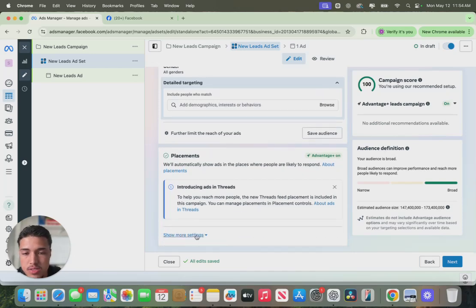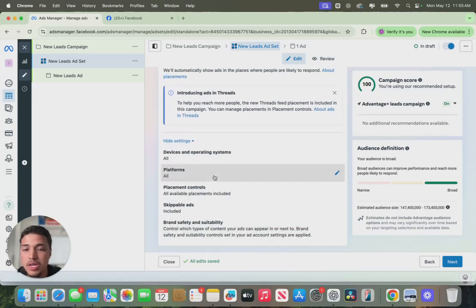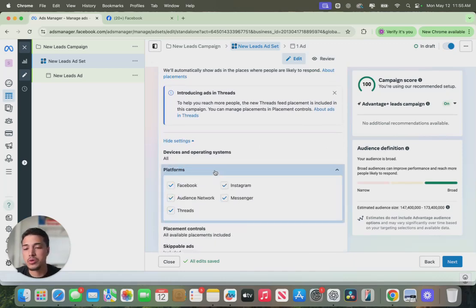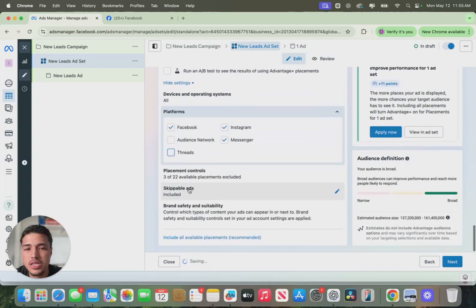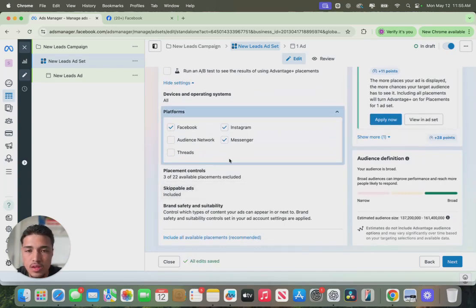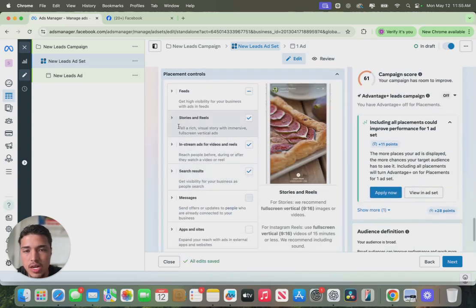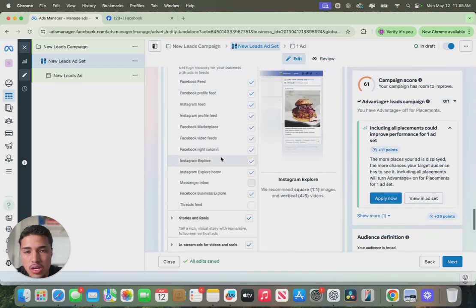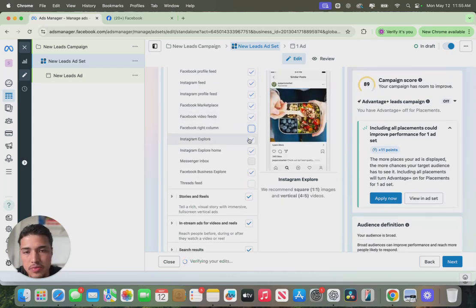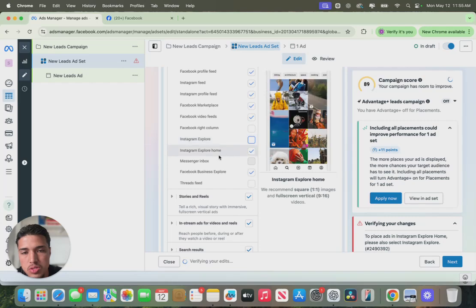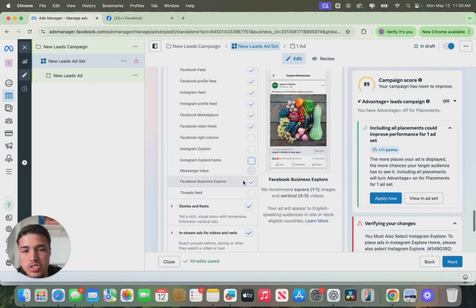Now, placements. A lot of people don't touch the placements, but I do. I prefer to have more control where my budget goes. And I know for a fact that Audience Network or Threads, that won't pull any clients for our ads, right? So I go in here and I do usually just leave everything to do with Facebook and Instagram. Like this right column, I get rid of this. Video feeds, Explore, I get rid of the Explore too. Explore Home, I get rid of that. I usually just only leave